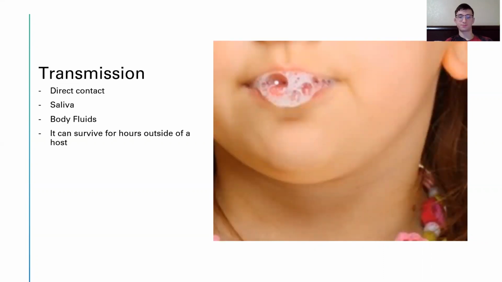All right, so transmission. The virus spreads through direct contact, such as through broken skin, for example, or saliva, sweat, contaminated objects, body fluids, animals, and even through semen. Ebola virus can survive on dry surfaces, like doorknobs and countertops, for several hours. In body fluids like blood, the virus can survive up to several days at room temperature. It is important to use hospital-grade disinfectant to clean surfaces that may be contaminated with the virus.